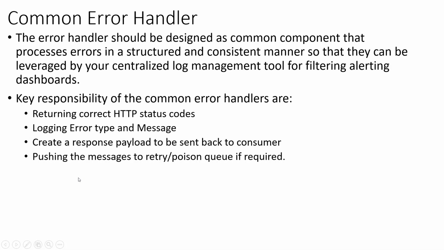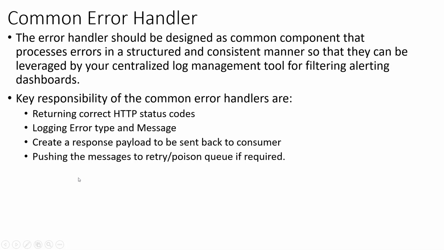And the last point is pushing the message to a retry or poison queue. This is a part of the reliability pattern where you might have exhausted all the retry attempts for the message, and you might want to push it to a poison queue because you don't want to lose the message, but it has some errors. When those errors are resolved, you can re-trigger it. So we keep it safe somewhere. This is an optional feature, not required, but it's good to have, like pushing the message to the dead letter channel or poison queue.